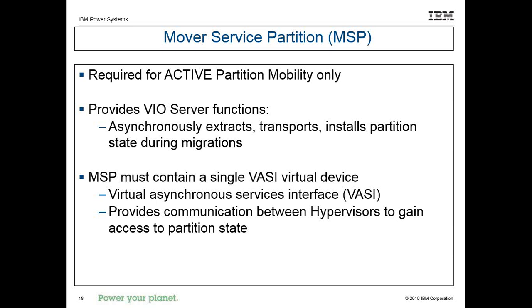So if you have a lot of clients you want to move quickly, you'll want more than one MSP on your source and destination, because one MSP can support 8 on one VLS, another MSP subsystem on the second VLS will support another 8. So that's how you get up to these higher concurrency numbers. We're using both VLSs' MSP functions to create a bunch of pipes for the hypervisor, read the information out, and send it off to the destination. So you will have to check the MSP box.